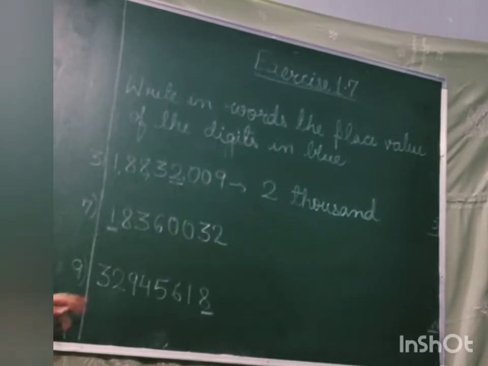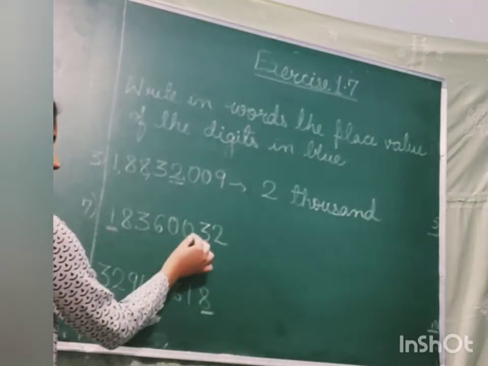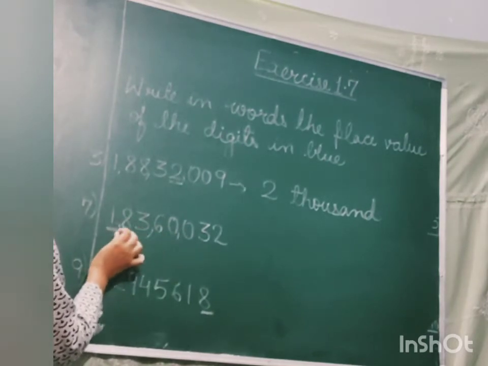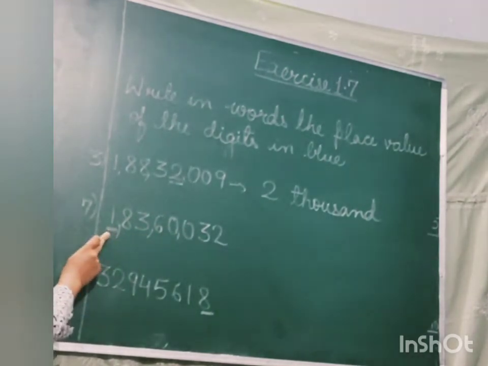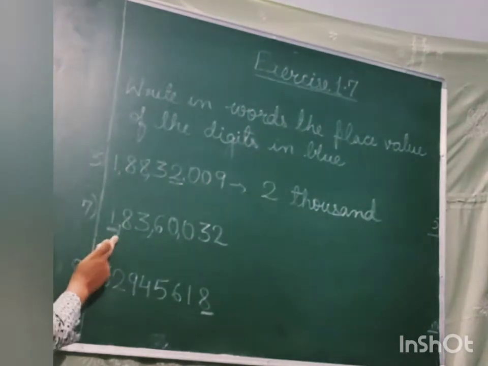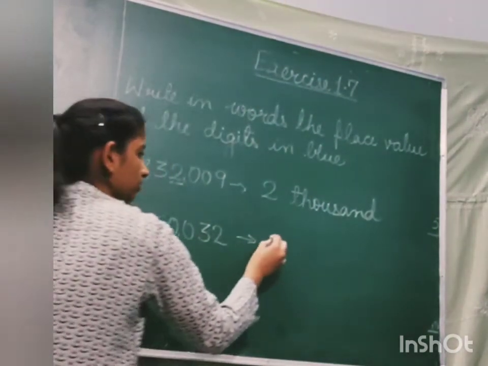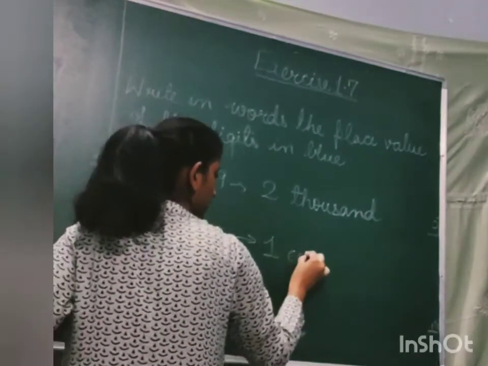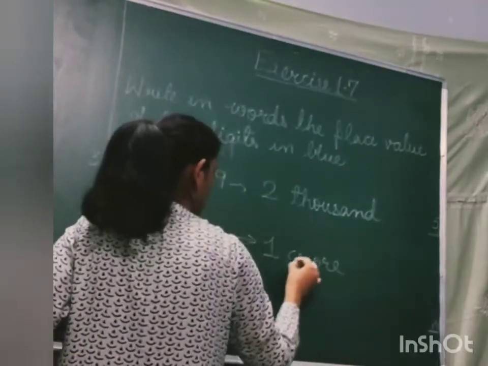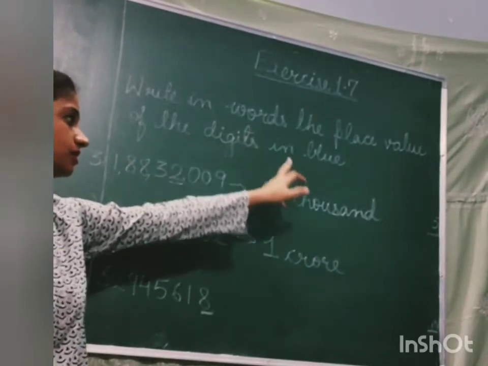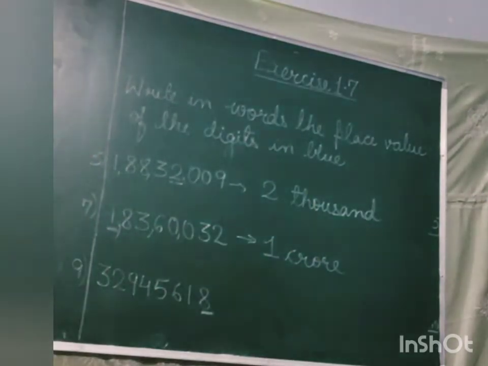Next, in the next number, again we put the commas, ones, tens, hundreds, comma, thousand, 10,000, comma, lakh, 10 lakh, comma, crore. So this is basically 1 crore. What we will write? What is the place value of 1? 1 crore. So write down 1 crore. C-R-O-R-E, crore. Okay? Is it easy? Yes? You have been told to write it in words. That's why I am writing it like this.